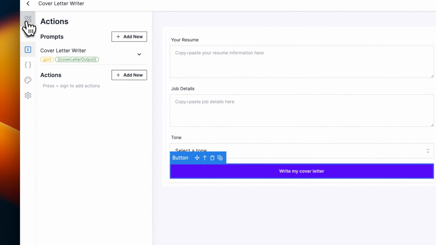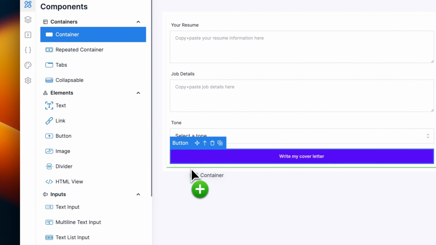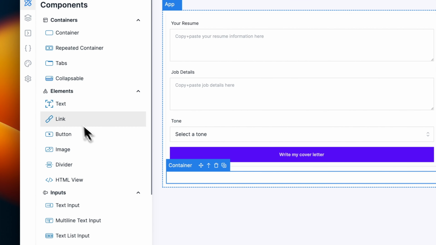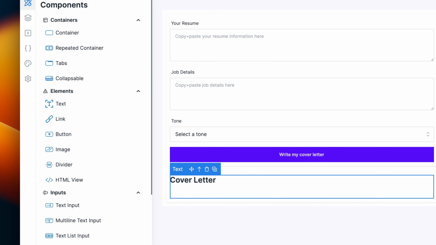And now to show the result, let's go back to the components menu and add another container. And here let's add a text component. So you can use markdown syntax, so you can just use this line and space, it turns into a second level heading. So let's say cover letter, and in the next line,